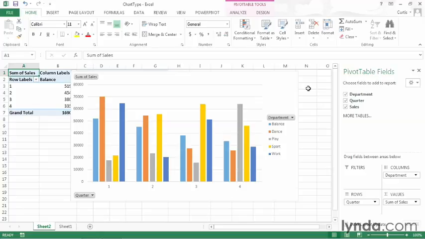A column chart summarizes this data perfectly well, but it's time series data. In other words, it goes quarter by quarter along the horizontal axis. So a line chart, which works well for time series data, could also be used. So let's say that I do want to change the pivot chart's type from a column chart to a line